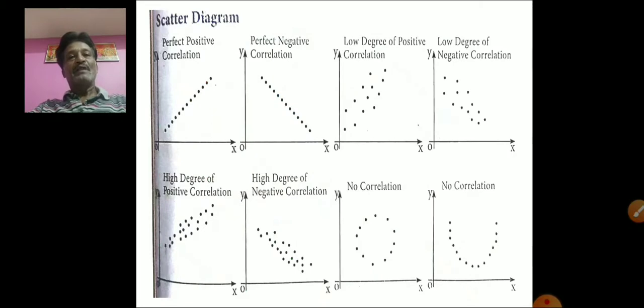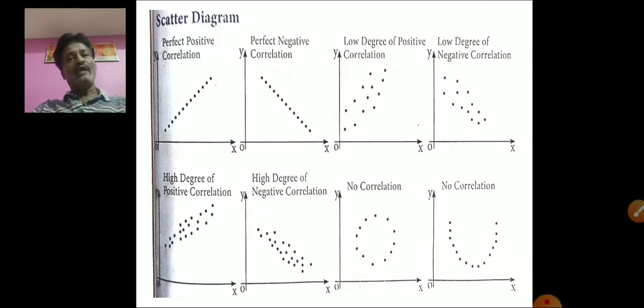So first, take perfectly positive correlation. I will explain what perfectly positive correlation and perfectly negative correlation mean. I have explained the same in the video on Karl Pearson's coefficient of correlation, even though now I will tell something about these things. Perfectly positive correlation means that when you calculate the r value, it should be equal to +1. When you get an r value of +1, that is perfectly positive correlation. When the r value is exactly -1, that is perfectly negative correlation.